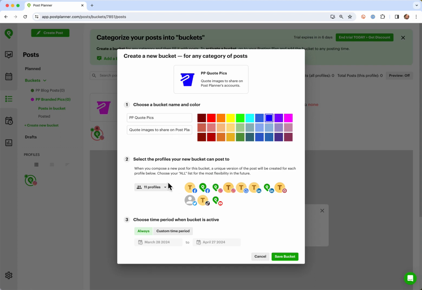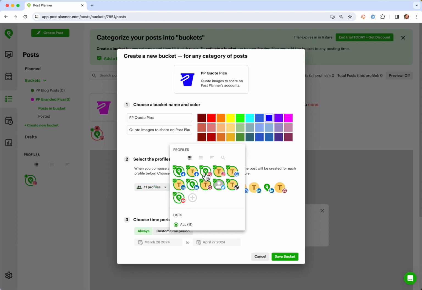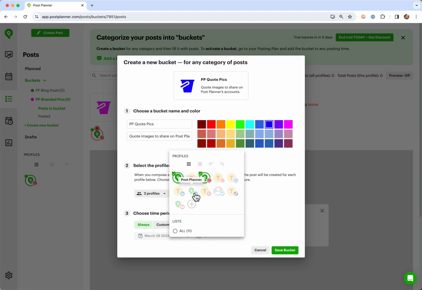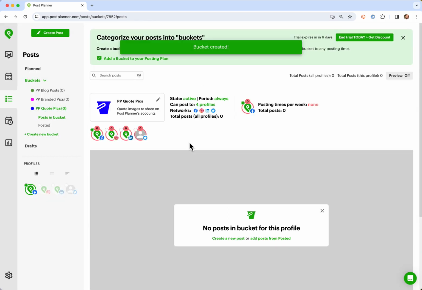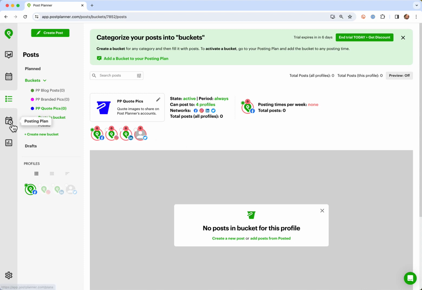Okay, and I will make this for all of the Post Planner accounts that I'm posting to: Facebook, Instagram, LinkedIn, and Twitter. This is going to be visual content, so it will work on all of these social networks. Okay, leave it always and save bucket. Okay, my buckets have been created. I have 3 categories of posts, and now I'm going to go back to my posting plan,